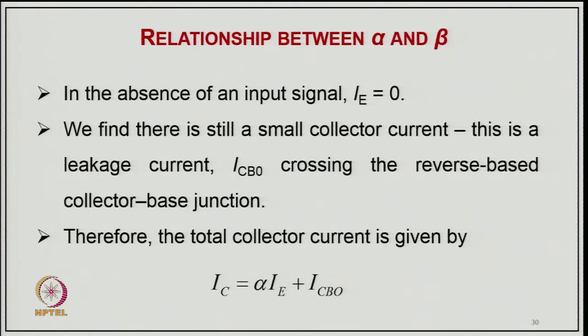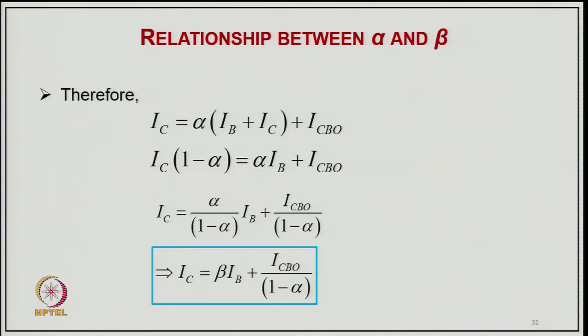So, in the absence of input signal, when your IE is 0, we call it cutoff, and we find there is still a small collector current, and this is a leakage current ICBO crossing the reverse bias collector base junction. Therefore, the total collector current is IC equal to alpha IE plus ICBO, and therefore, we can write IC equal to alpha IB plus IC plus ICBO, and from which, if you take IC to the other side,